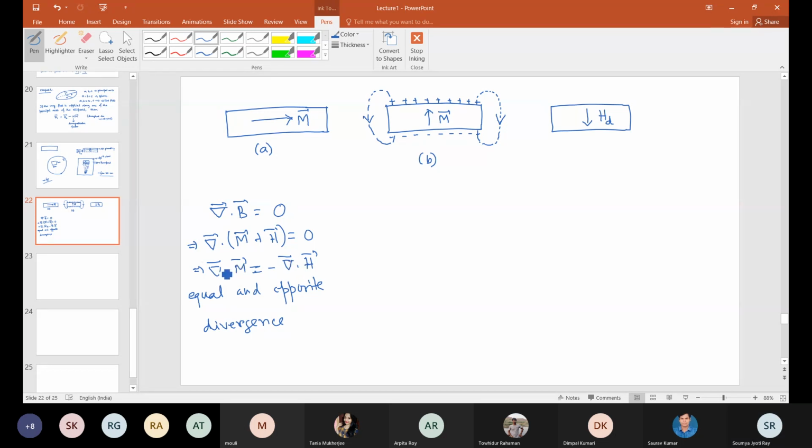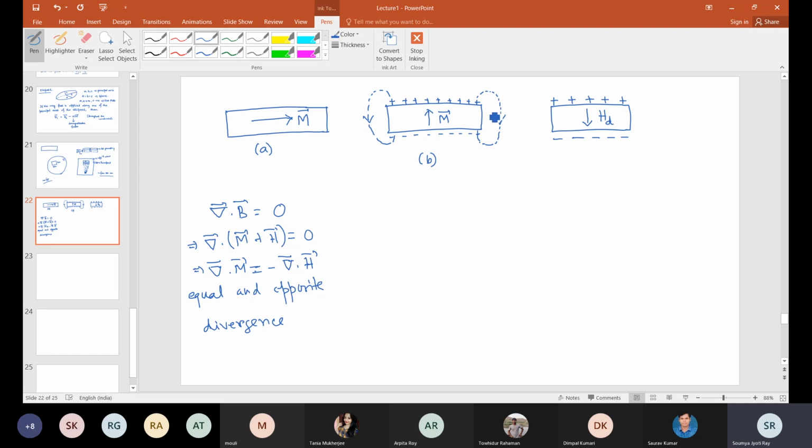Anyone with confusion? Sir, mathematically it is coming that minus divergence of H is present, but physically what is actually opposing this M vector? It is not opposing. It's just that this total divergence has to be 0.